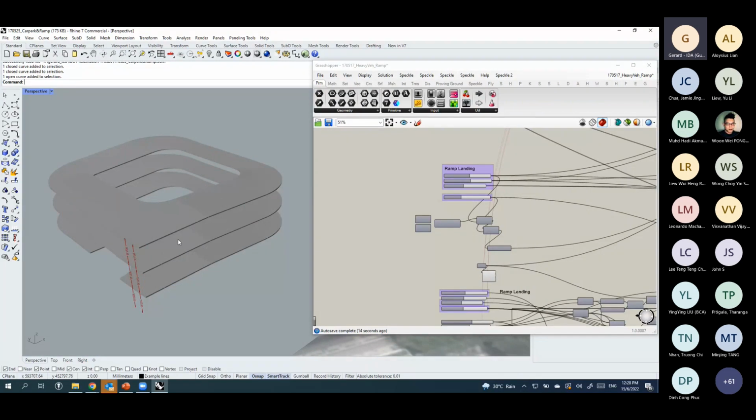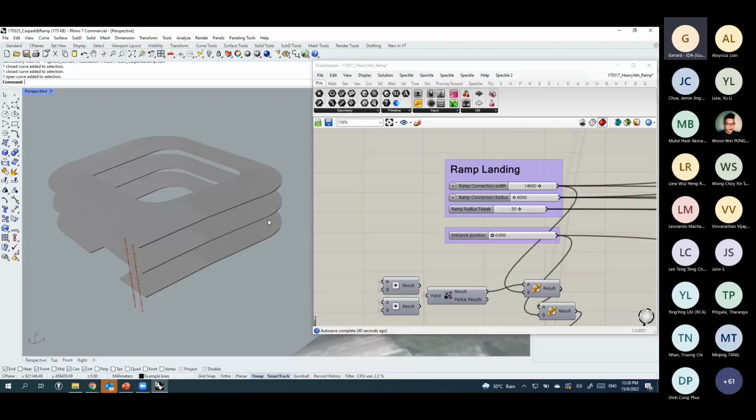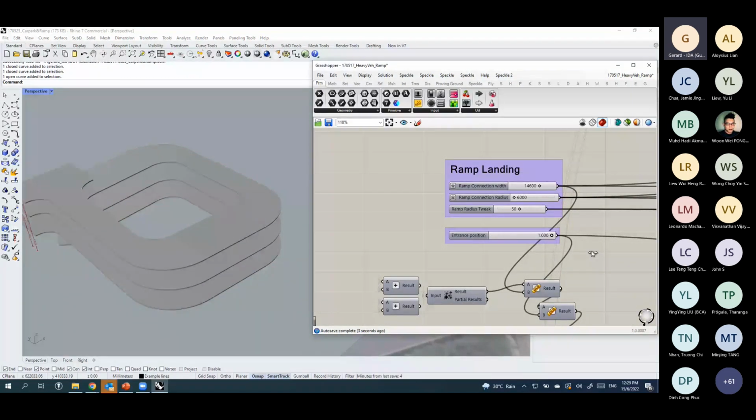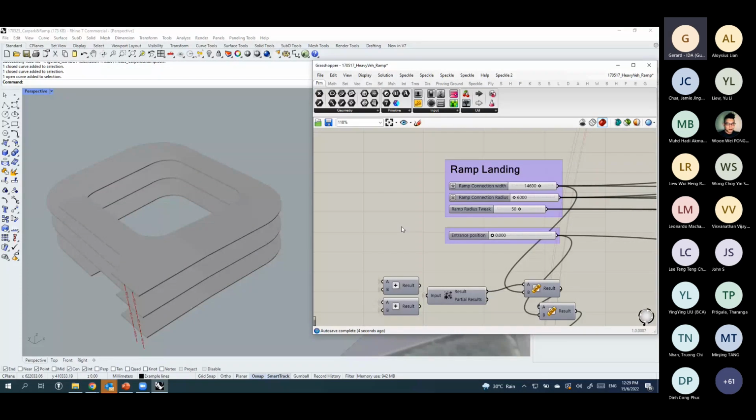Okay, so another component that we generate fairly regularly through our projects are RAMs. RAMs are quite ideal for this parametric approach because they only differ in input parameters. So things like a heavy vehicle RAM, car RAM, even pedestrian RAMs are actually all slopes that conform to certain different sets of rules. So different maximum gradients, different widths, different turning radius, and all that. So here we have a typical RAM. We can shift where we want it to connect to a central driveway or a car park entrance or something like that. We can control the size of it as well